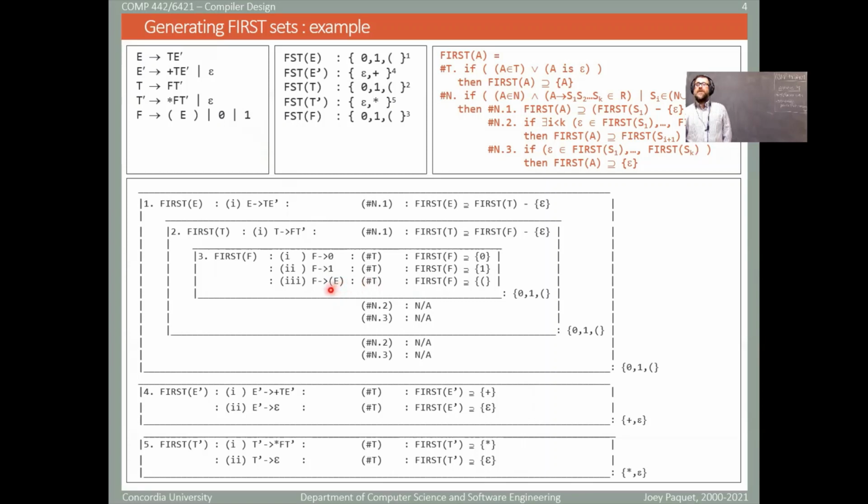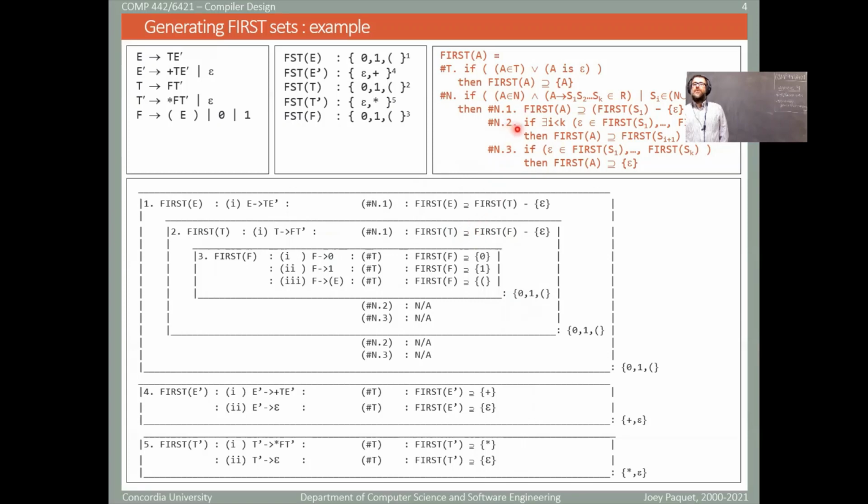So that starts with an open parenthesis, which is a terminal symbol. So we find that first of F contains open parenthesis. There are no more rules. And well, there's only one rule for each of these here. So we basically computed the totality of first of F, which we find is 0, 1, open parenthesis. Then we've computed first of F, and then if we go back to this here, the computation of this here,